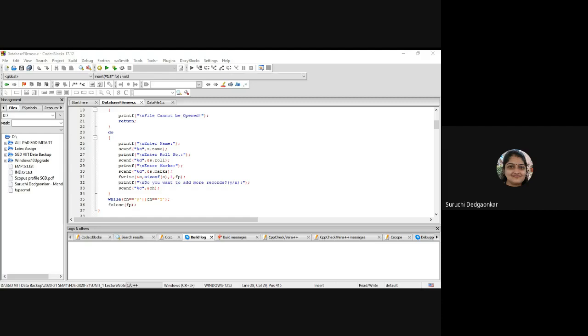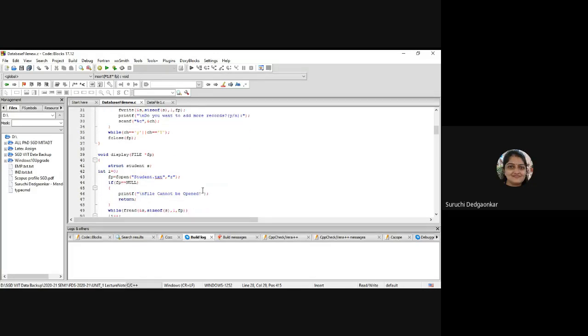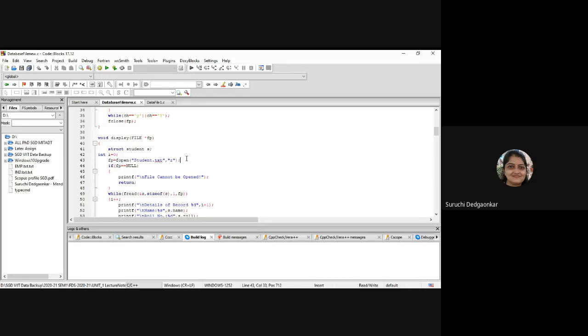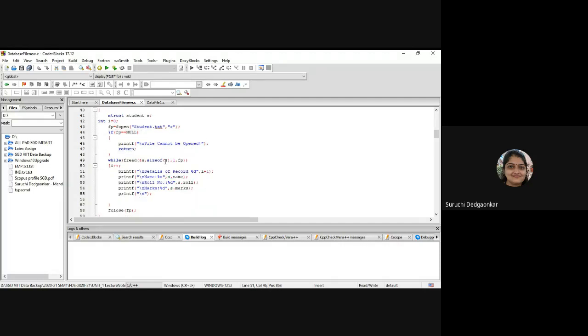The next is displaying records. For display we will open the file in which mode? Read mode. Yes. So in display, again open the same file student.txt in the read mode. Again we are checking for the error. If there is no error, we have seen this while loop, while fread.